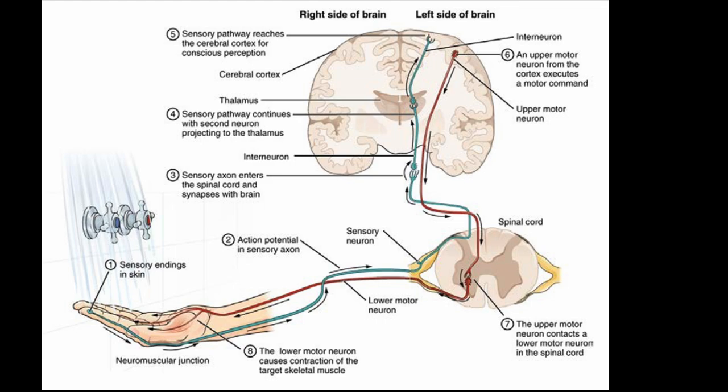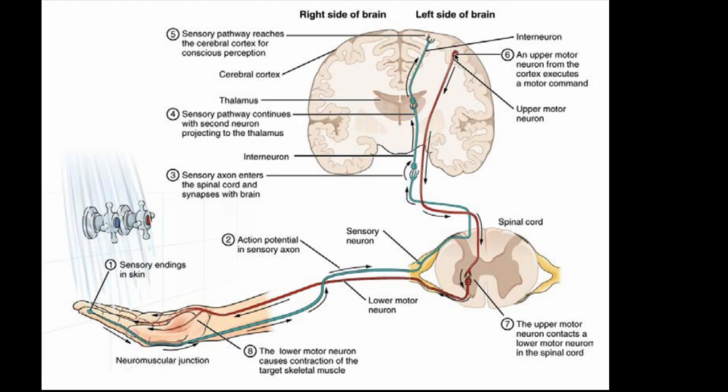All we've really described so far is the process of getting the information about the water being too hot from the skin in your hand to the cerebral cortex of your brain. We haven't yet done anything to activate the muscles in your hand and in your arm to pull your hand back. That's what the efferent side of things is for, and that's why we're going to follow